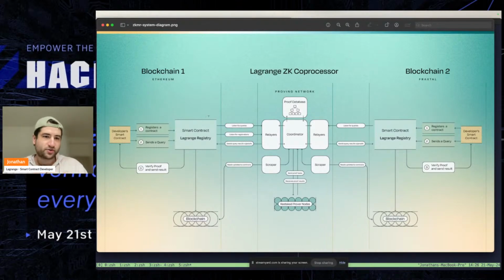For V0, on the left we have Ethereum, where we are registering contracts, indexing the data and proving a mapping in that contract. In this example we have Pudgy Penguins, so we're proving that mapping every block. That's the registration or pre-processing phase, and it goes on all the time in the background. Then when you want to integrate and use this provable database to run a SQL query and do something interesting in your application,